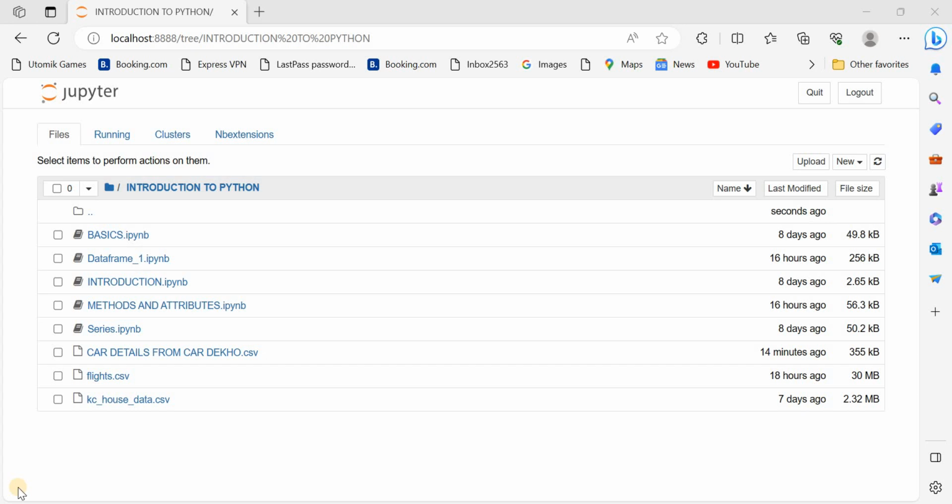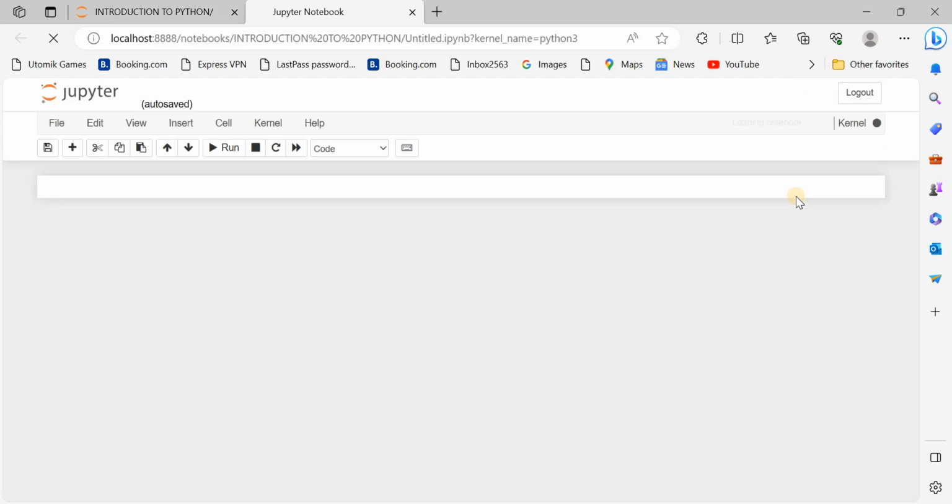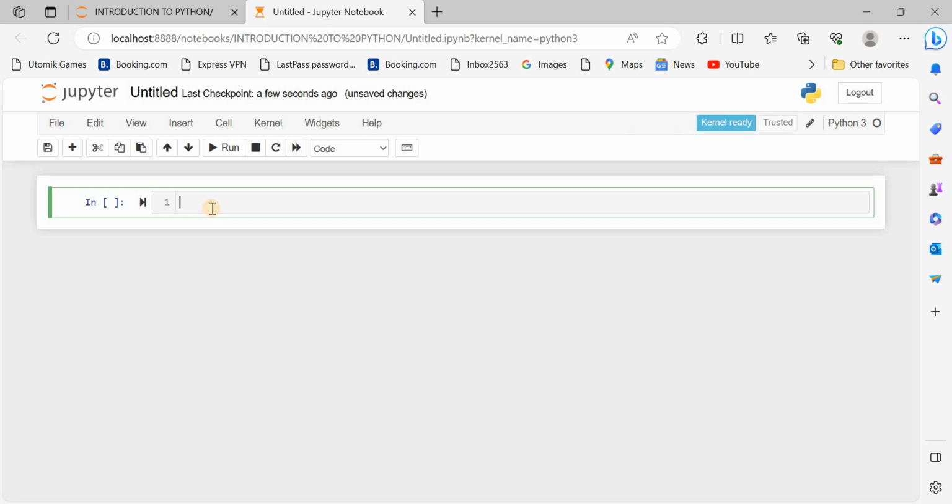Hi everyone, this time I'm just going to tell you how we set index before performing data analysis. I'm going to use the car details from the cardeco.csv data. Let us start by creating a new Python notebook. And after getting the Python notebook, first of all, I just import